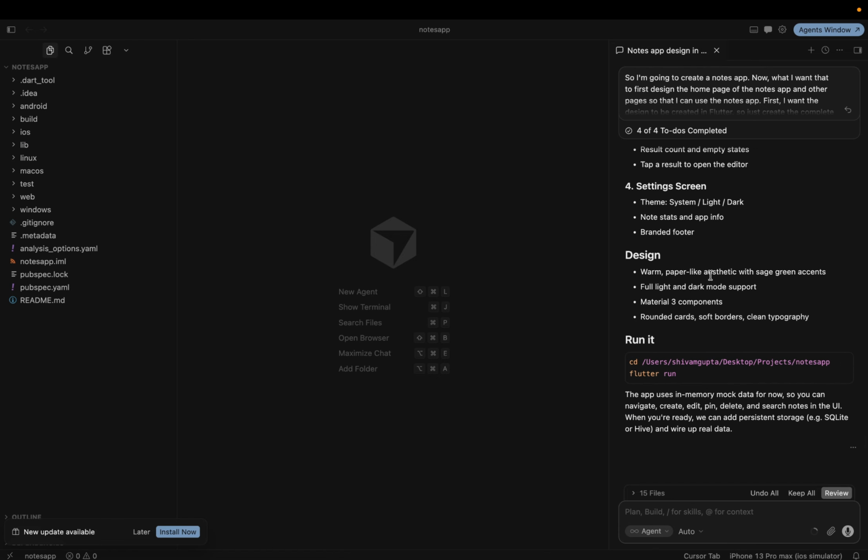You can see that it has written: design a warm paper-like aesthetic with a sage green accent. I think they have tried to use green as the main color of this app. I don't know what they have created, but we'll see. Full light and dark mode support. Okay, I think we can switch between dark and light mode. Material 3 components, rounded cards, soft borders and a clean